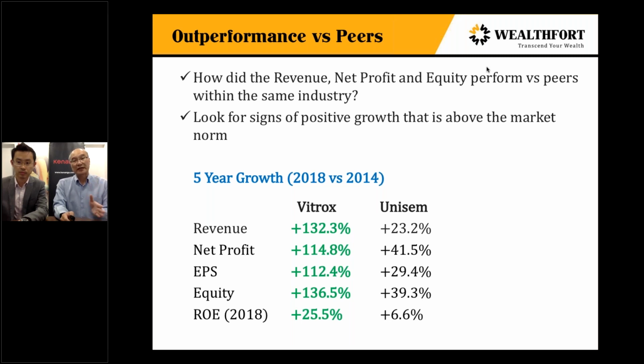Vitrox has demonstrated that consistency throughout the 5 years. So Unisem in that regard is a laggard. They are not able to meet that kind of growth, and therefore I wouldn't term Unisem a growth company. More like it may have reached a certain maturity stage, because over the past 5 years, revenue only gained 23%. It's only gained about 4% annually. Normally when companies' growth starts stagnating or is in low single digits, it means that they have reached a certain maturity